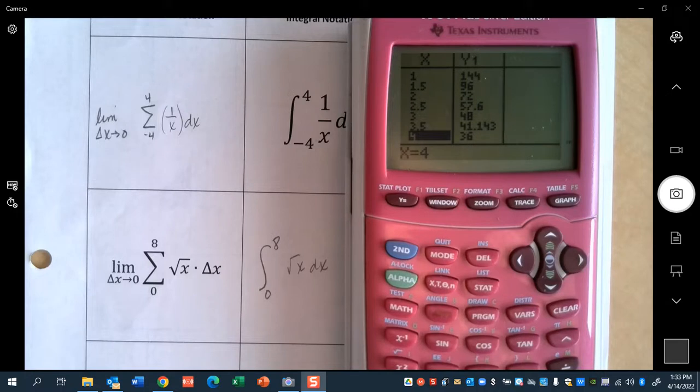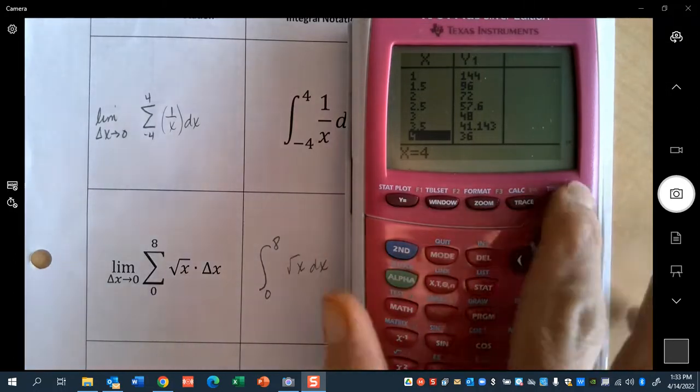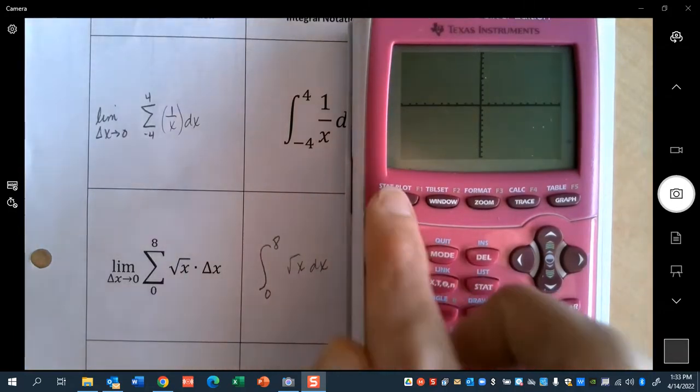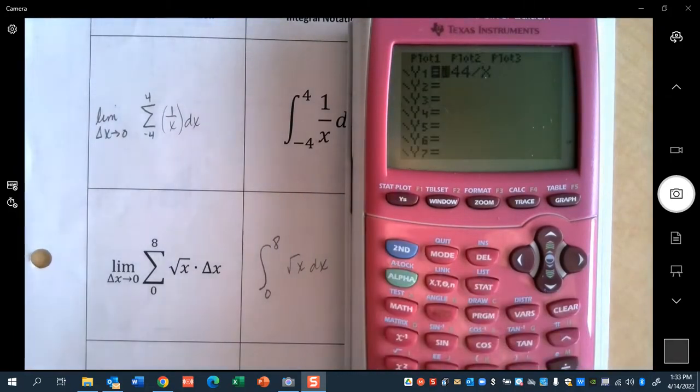You were supposed to see this for the first time when you were in Algebra 1, when they talked about inverse variation. And then if you press graph, that's where you get your first exposure to it. Because 144 is really crazy high, let's go back and just make it 1 divided by x. When you press graph, that's where you get that crazy